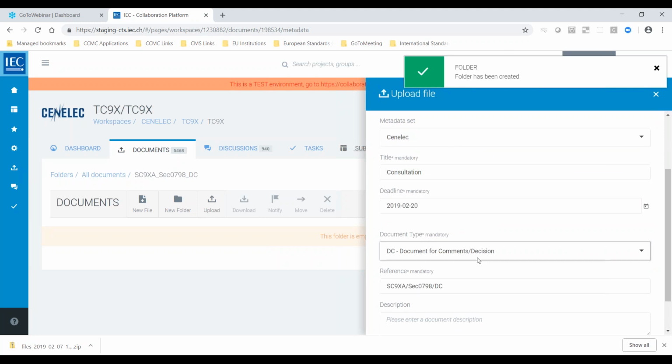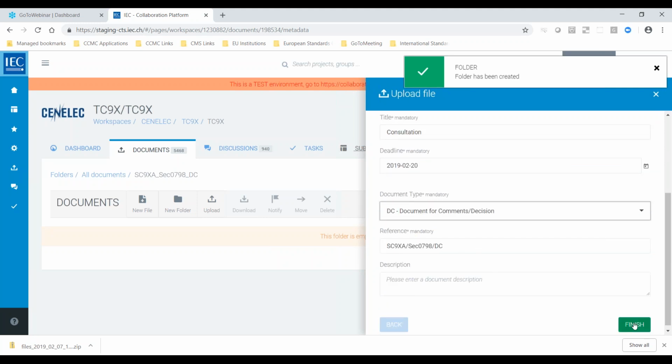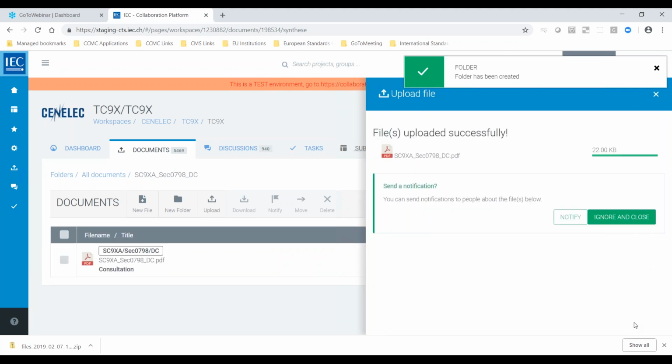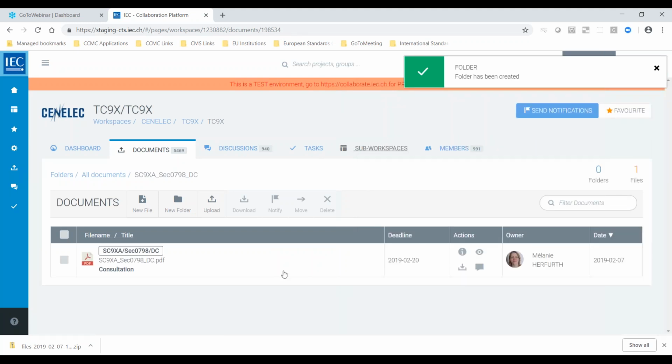I will give the reference, my reference in here, and I'm happy with this. And let's say that I will notify it a bit later. So this is where my document is that people will read, and I expect them to give me a reply on this. So one way of doing it is, as I've done, creating a folder and putting your main document in it. And then you can say, okay,